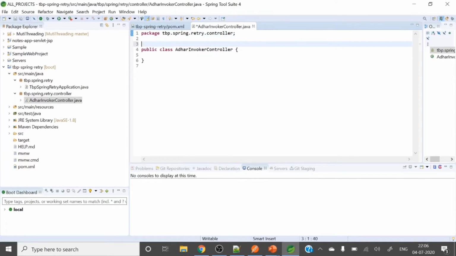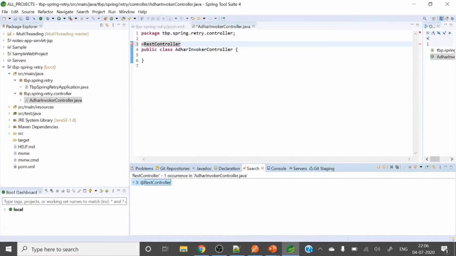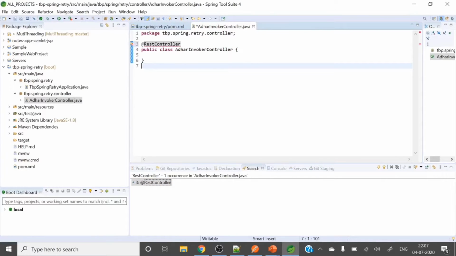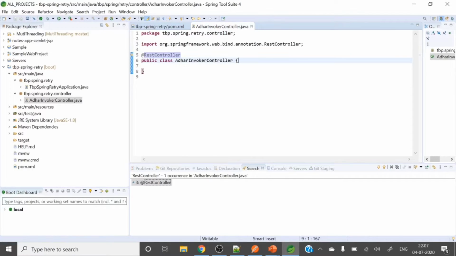So here we go, add the @RestController. Imported. Let me write one method here, public String getAadhaarDetails.